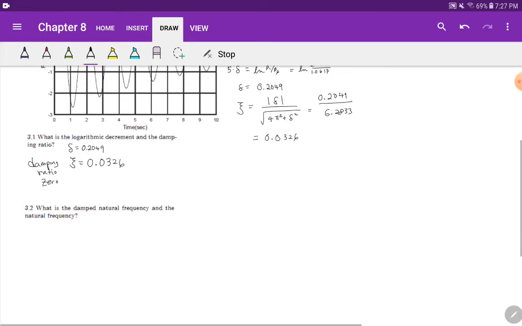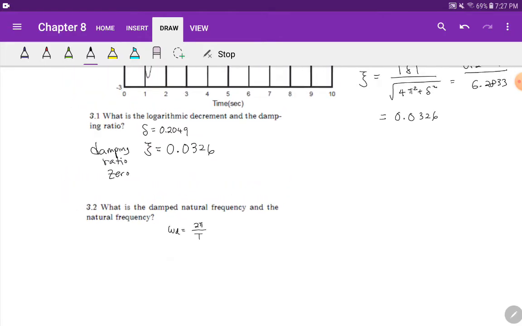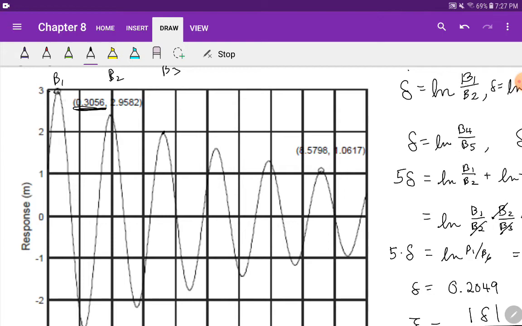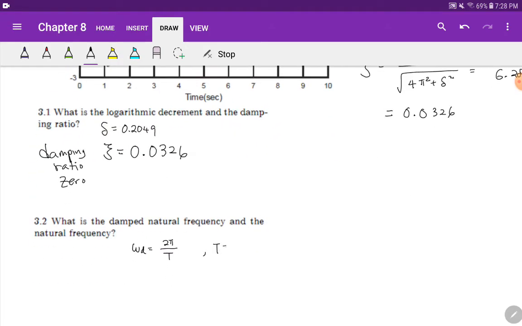So now the second part of the question says, what is the damped natural frequency and the natural frequency? Damped natural frequency, omega d, that's 2 pi over the period. Okay? So let's see. I need to figure out the period. So now I'm going to go from here to here. How many cycles do I have? 1, 2, 3, 4, 5 cycles, right? 5 cycles. So the period is equal to 1/5 of